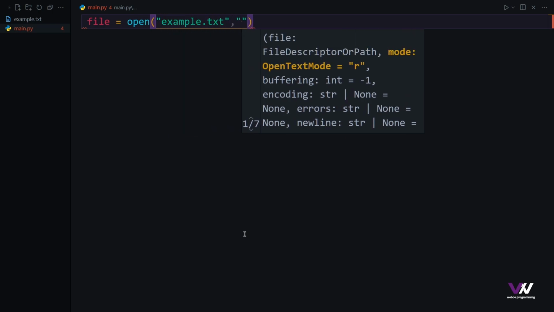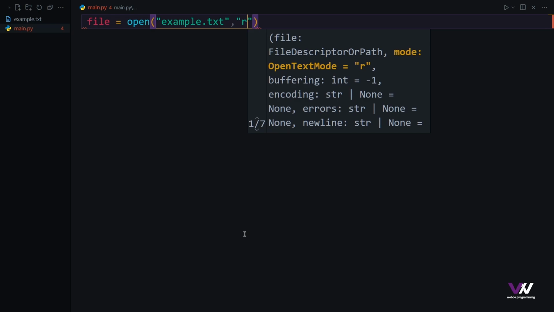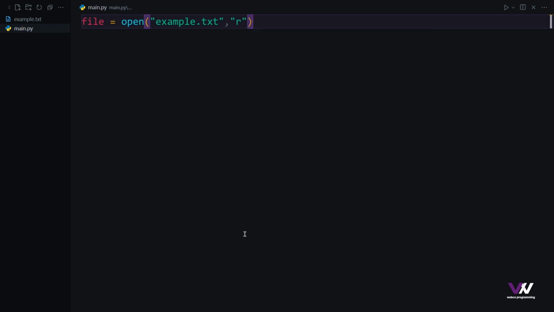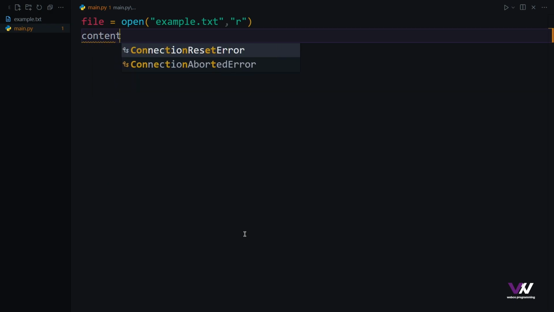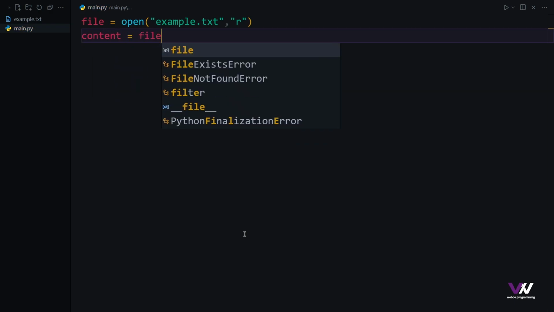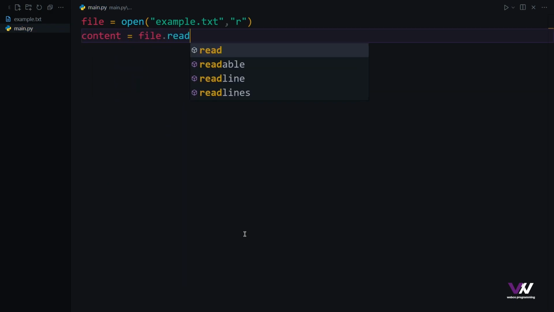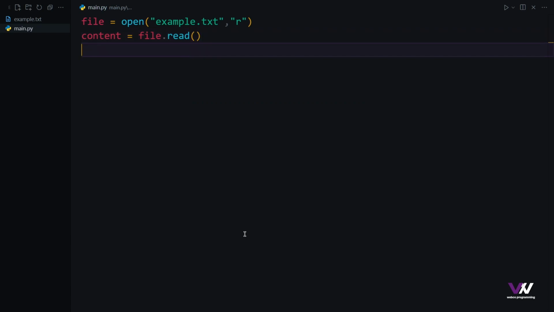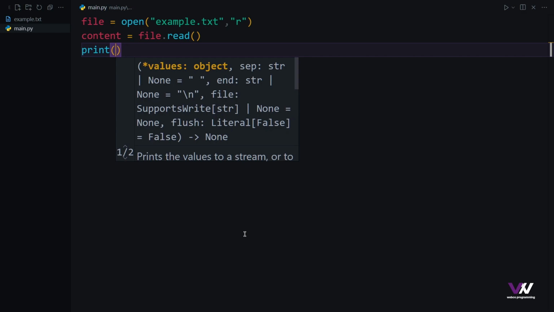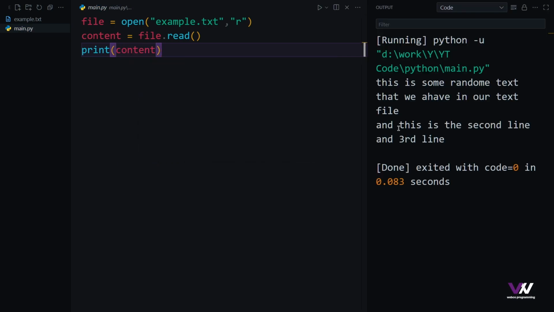And then here for the mode, because we want to read and get access to the content inside of that example.txt, we need to pass this R. And by only having this, if we come down and we got another variable of this content, then we equal that with this file, and then we use this .read method right here. And if we want to print that content, what we need to have is simply this print right here. Then we pass this content. Now if we run our code, you can see right here we got the text where inside of this example.txt